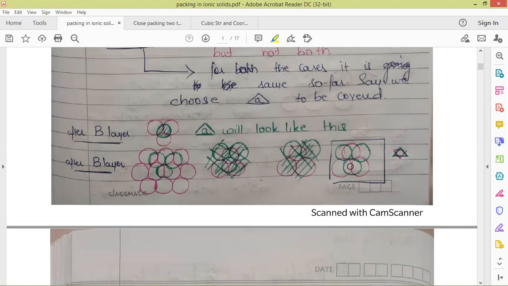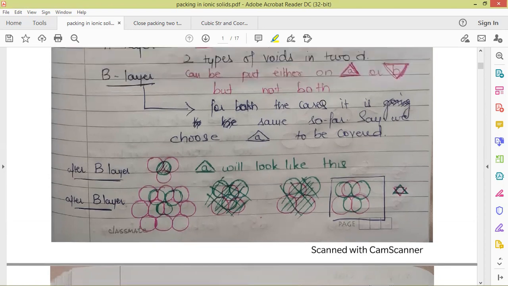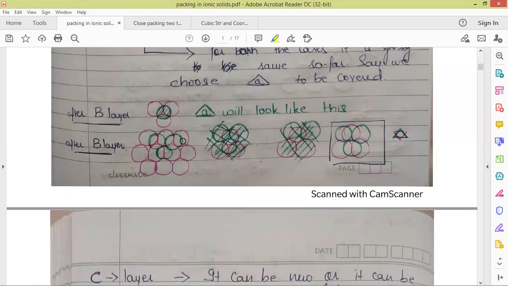This is the case of void A. And if we had the downward facing triangle, that void will look like this. It has one sphere from the B layer on top and three spheres from the A layer. The downward facing void, that is the B void, will look like this: it will have three spheres from the A layer and three spheres covering that void in the B layer.